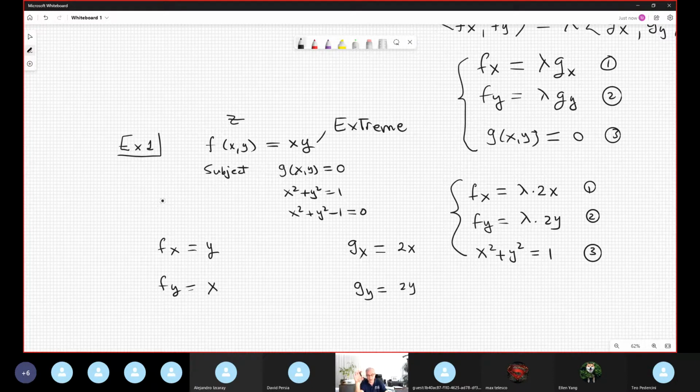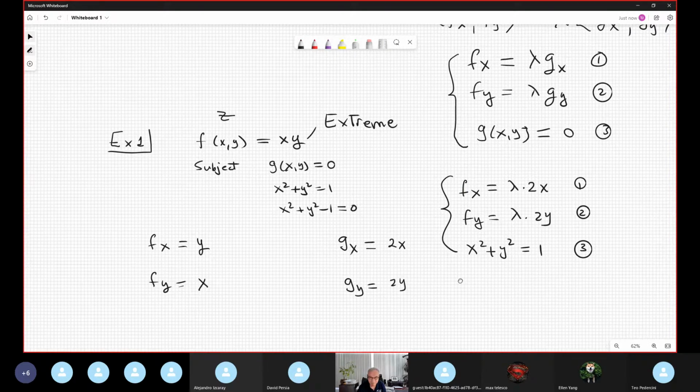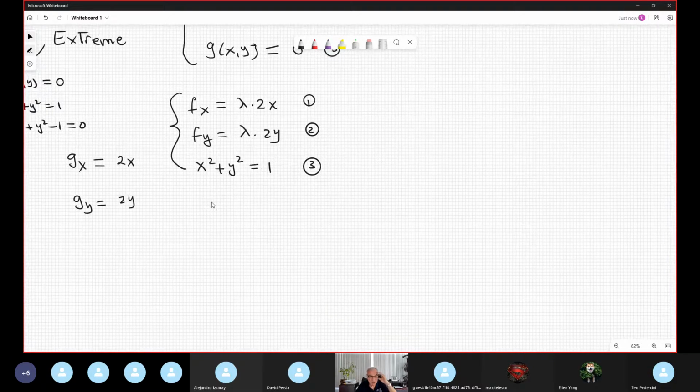In this case, it's super easy. I selected this example so as not to complicate your life with the algebra. But the majority of the time, even with an extremely easy example, the algebra is heavy. Therefore, I want to explain how you skip this algebra using Wolfram Alpha. But it's okay, let's do this by hand, it's super easy. One traditional strategy is,